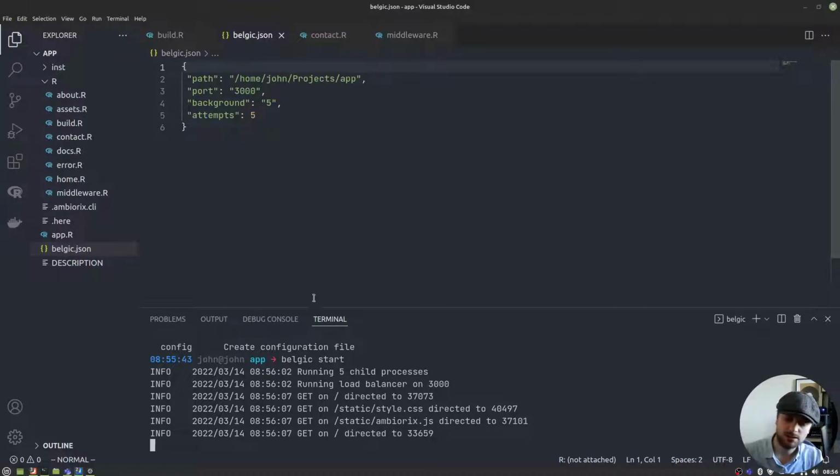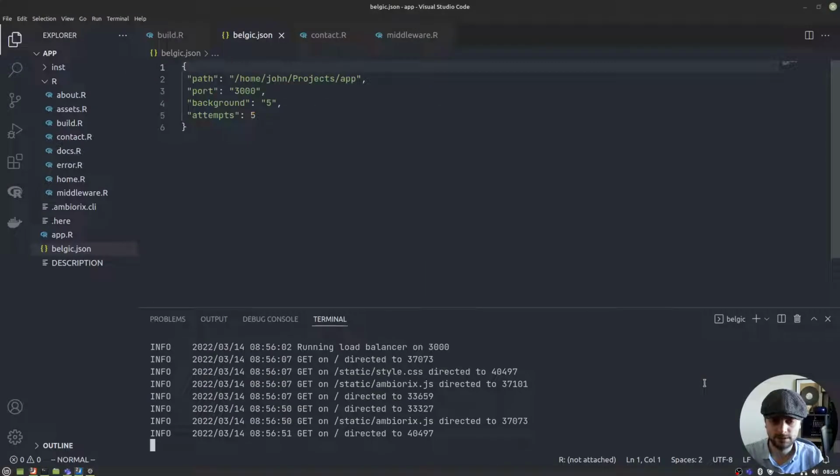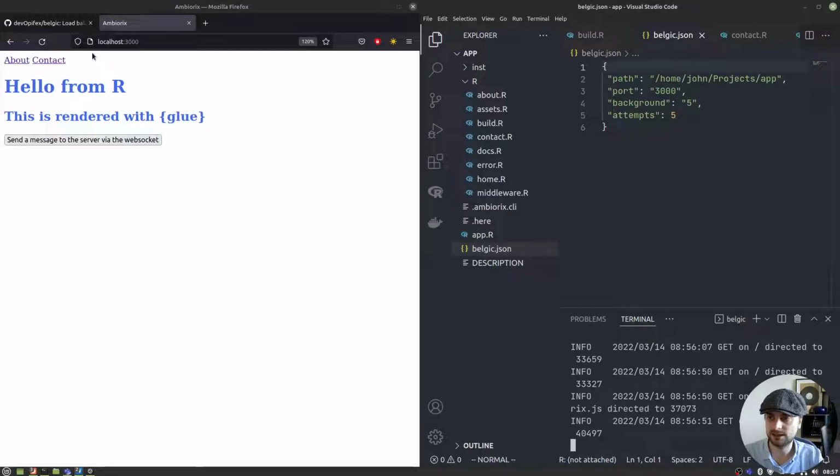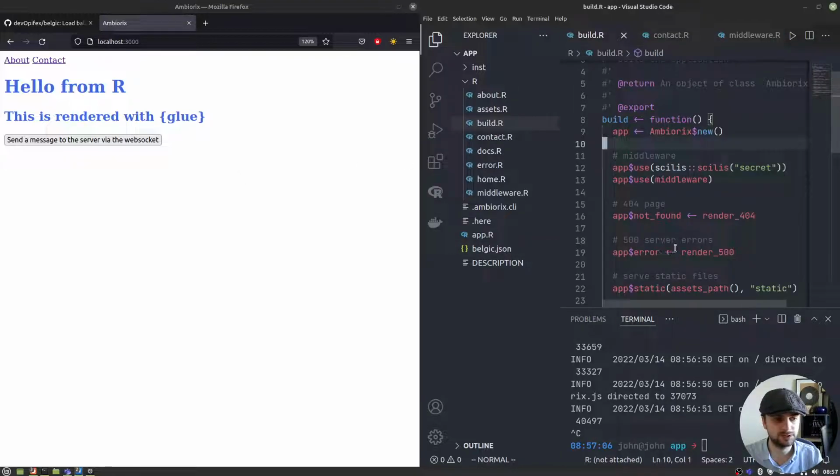On this page, I have static styles, the style.css file, which also needs to be fetched, but that was fetched from another app. ambiorix.js was fetched from another app, etc. So it keeps going round and round, and if I refresh that once, you'll see that it goes around and makes the request to different applications, and that makes things scale a lot better. And the reason I'm showing you this here is not only because I think it's very useful, but also because